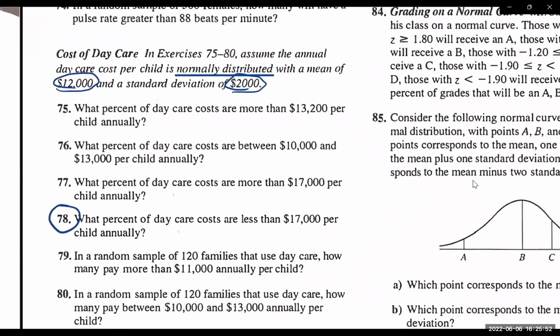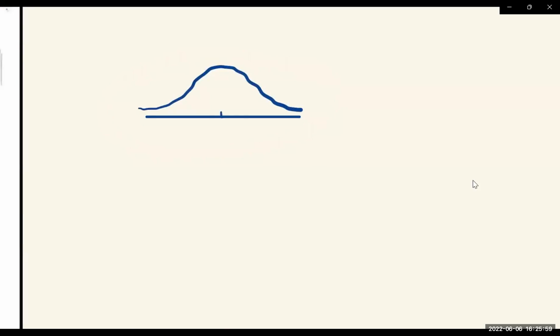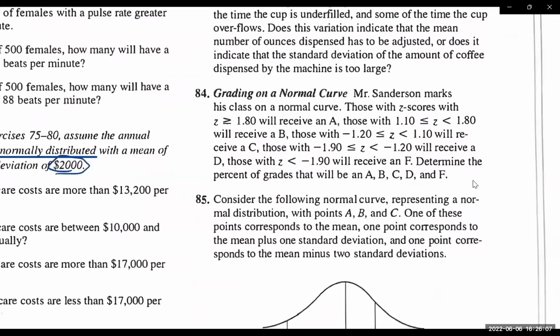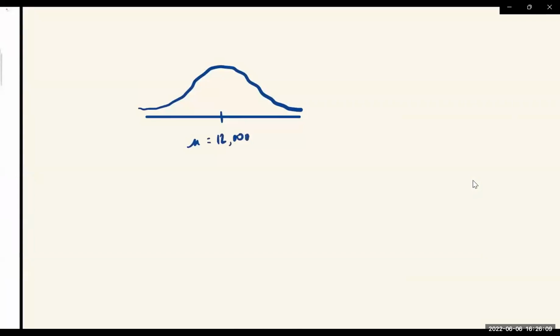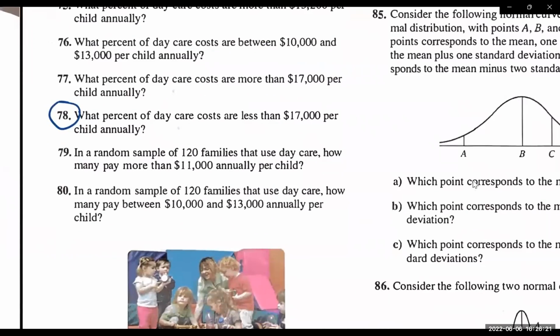All right, so whenever you see the words normally distributed, you always draw the bell-shaped curve. And then in the middle, the mean goes in the middle. So the mean is 12,000. The standard deviation is 2,000, right? All right, so what are they looking for? They're asking for what percent of daycare costs are less than 17,000? So less than,